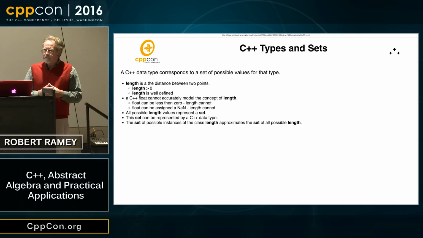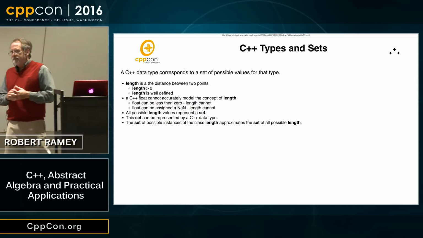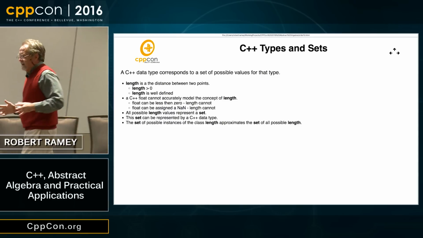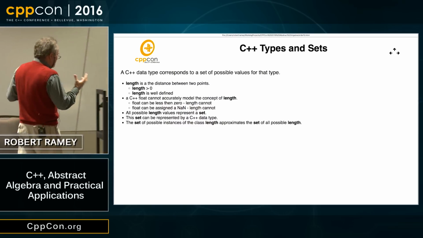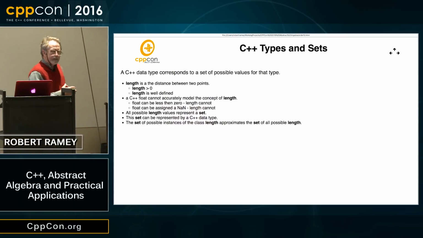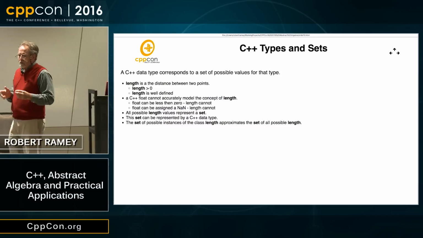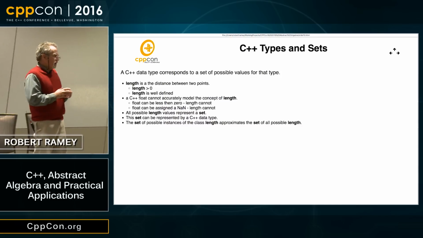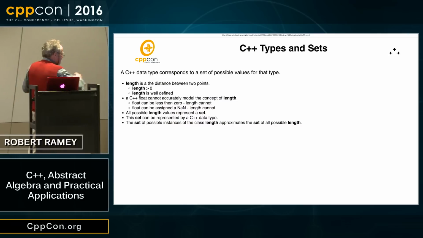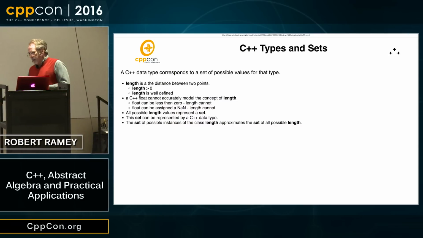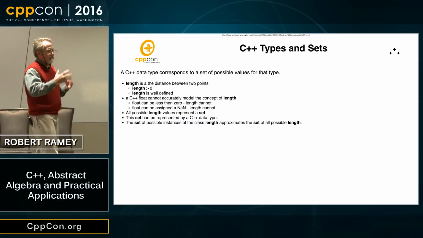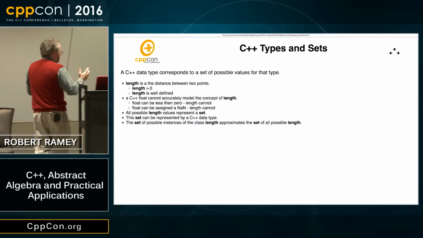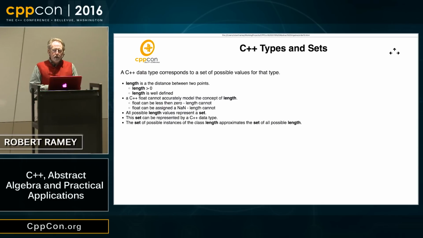They would think in terms of a length is not a C++ data type, because they don't understand C++. Another exception, of course. But they would say, well, wait a minute. This concept that you've designed is really a set of legal values. You've designed an idea which you call length, and really what it corresponds to is a set of legal values which are real numbers and which are not negative. And that's a legal length. If you're talking about lengths on the planet Earth, they might say, well, but the length is the real numbers between two ranges or whatever. But for now, we'll just